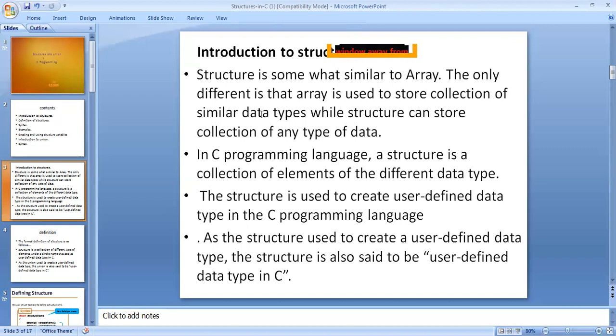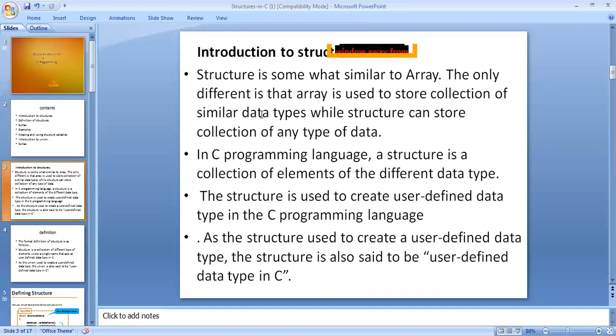It means that we take different data types in a program like int, float, char, double, and use these data types to store the different elements. We define only the structure's name, and n number of elements are stored in it.